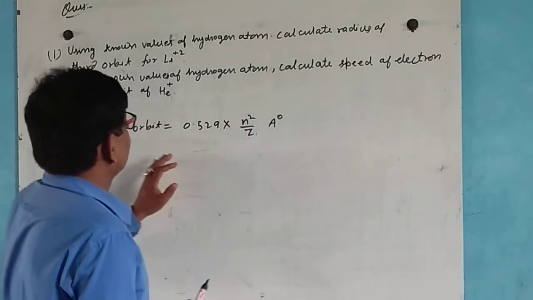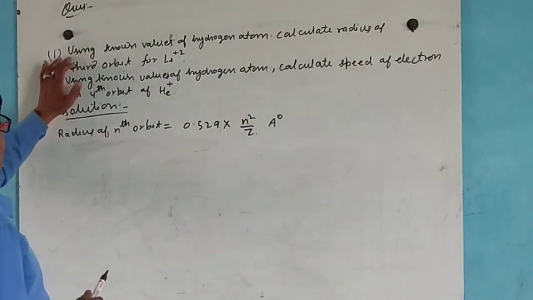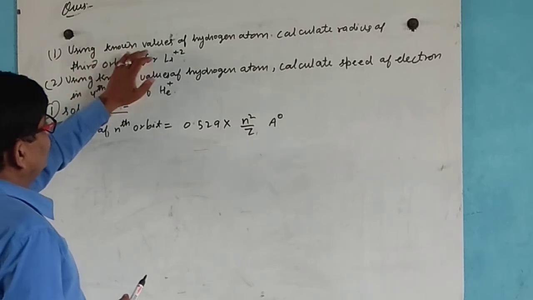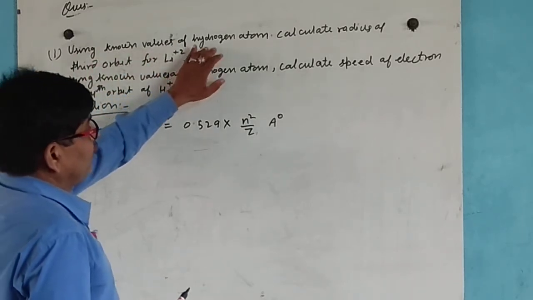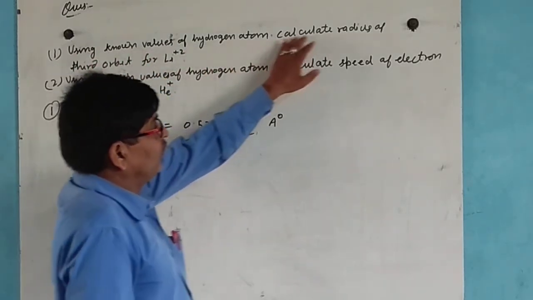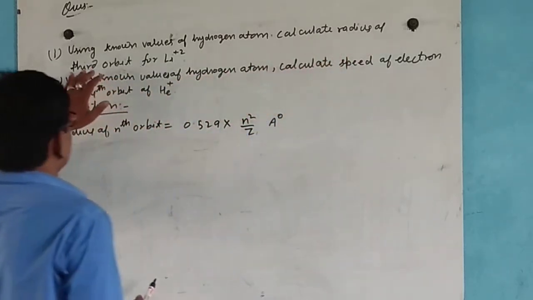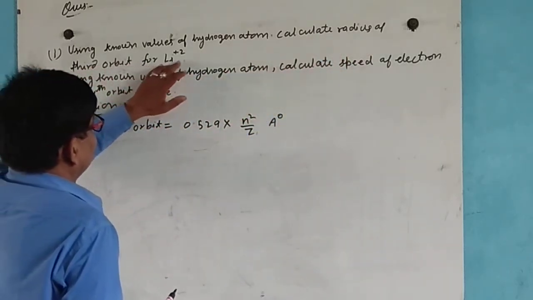Here are two problems. First problem: using known value of hydrogen atom, calculate the radius of third orbit for lithium